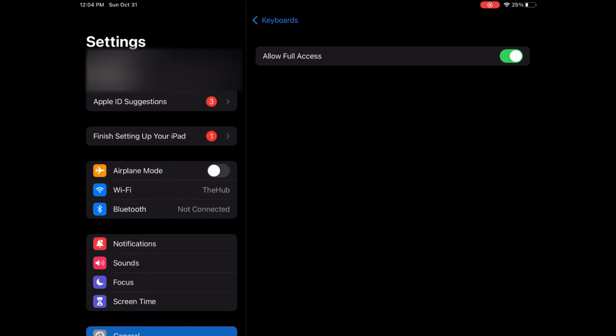Now, you can always, if you want to still pay and you really want your font, I would highly recommend not sending any personal information using these fonts and using just the Apple keyboard to send that if you have to. So that's just kind of a heads up because I really wanted to show you guys a video on